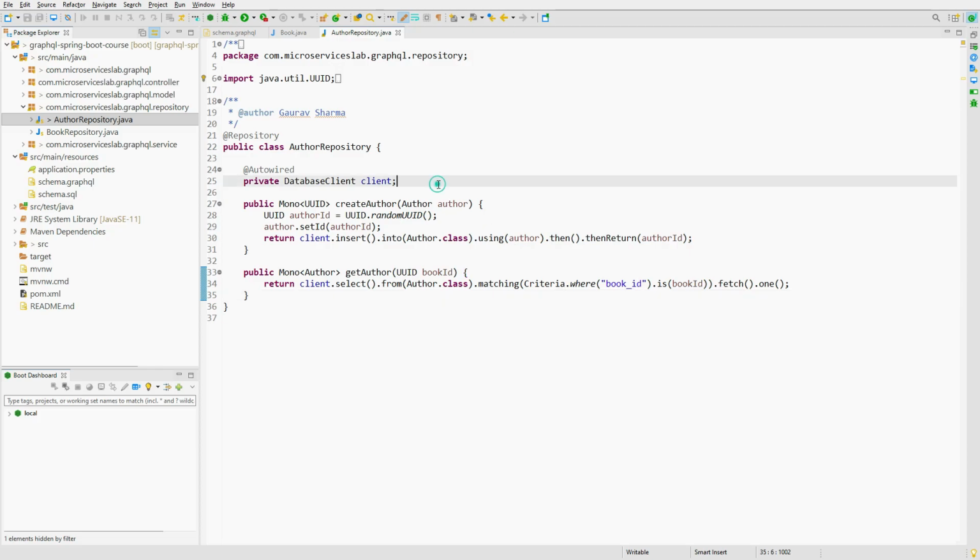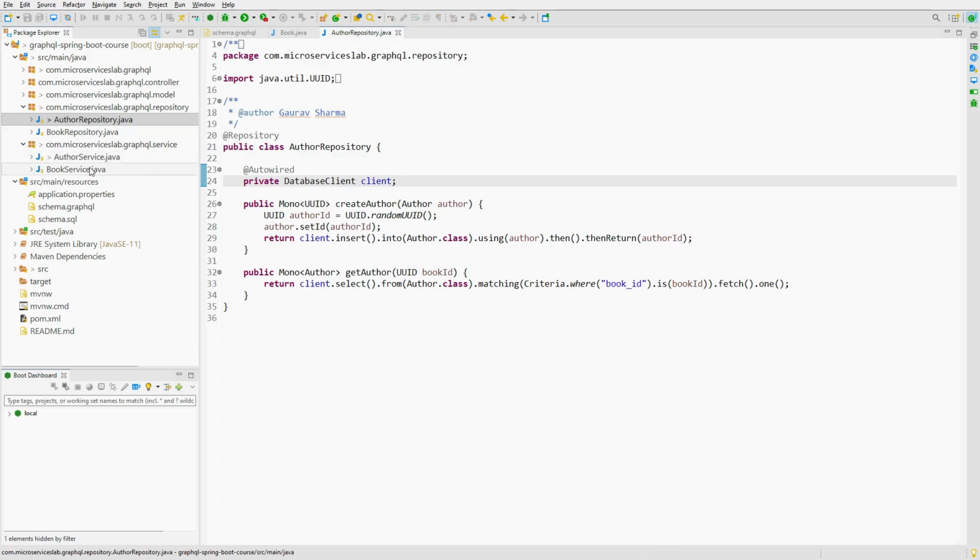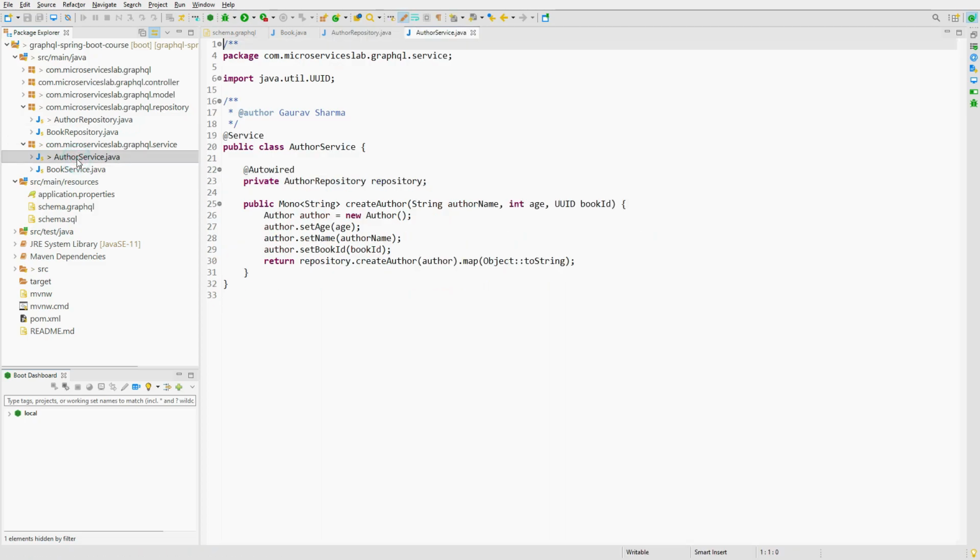ID. Now what we have to do is create a separate data fetcher for the author field, and in order to do that, let us open the author service class. So this is the author service class, and let us introduce a new data fetcher. Let us create it.